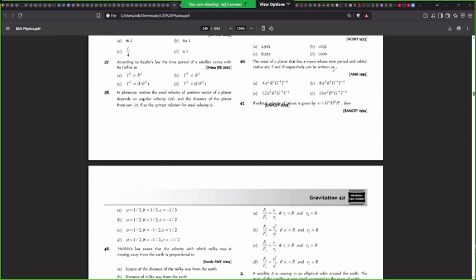Keep the pattern in mind. I didn't want to do gravitation today. I just took this as an example so that you guys understand how things work. But the pattern remains the same for almost all the chapters. Absolutely no change. But keep that in mind. Okay. Now, what I want you guys to do right now is